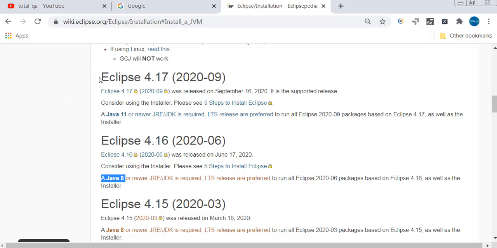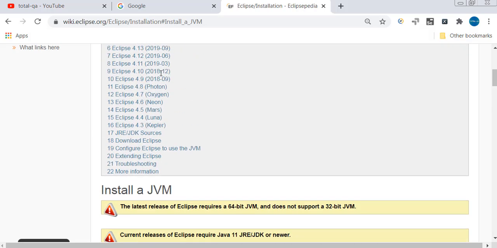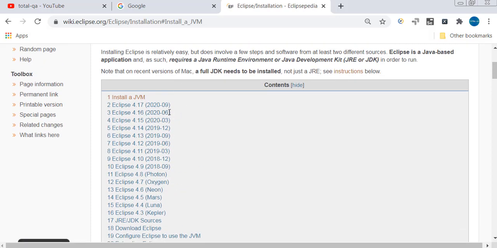But if you want to install Eclipse 4.17, you should have Java JDK 11 installed. So it is very important. Don't just install the latest version of Eclipse. Always look at this wiki page, understand the prerequisites, then install Eclipse accordingly. Now we are going to install Eclipse 4.16, which requires JDK 8 as a prerequisite.